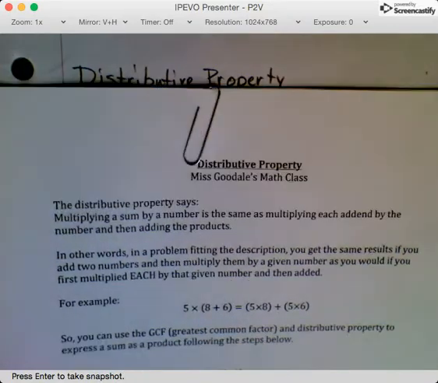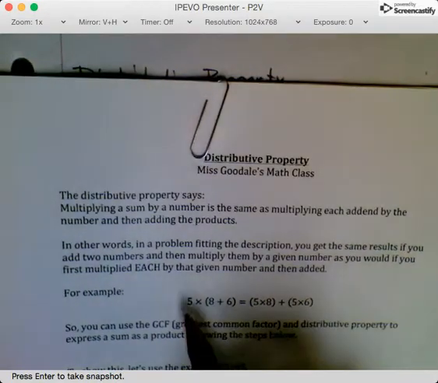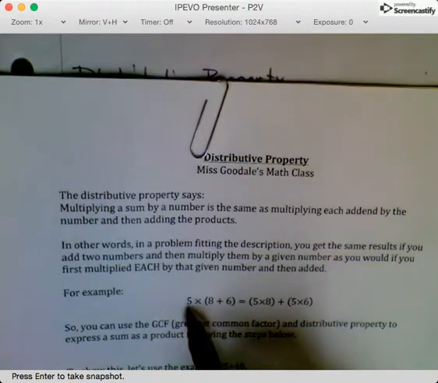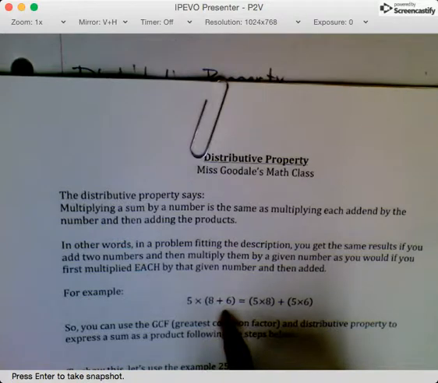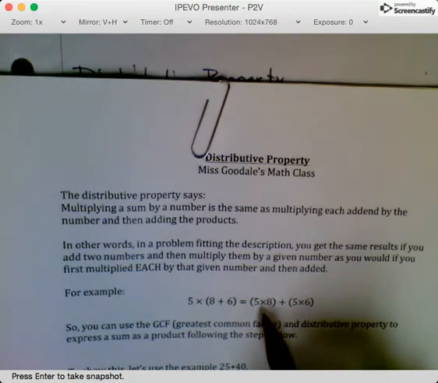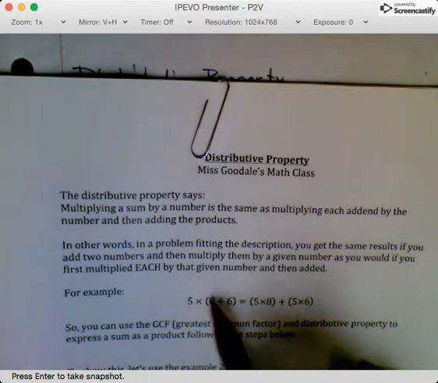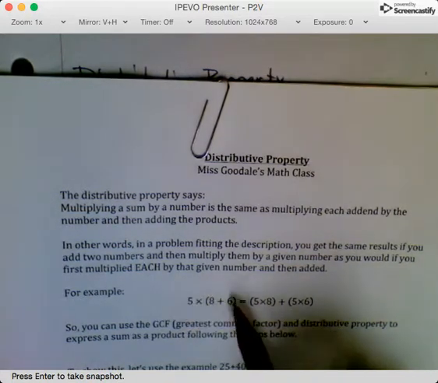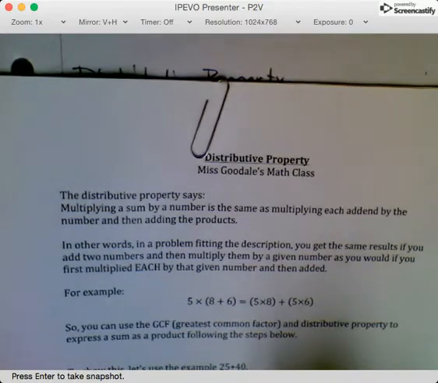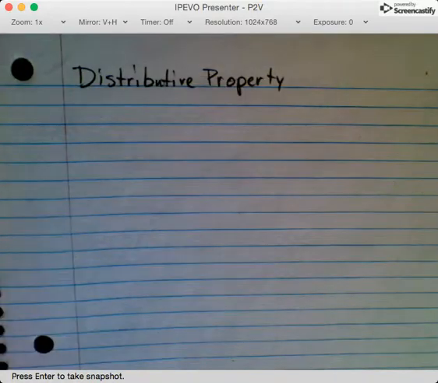and then add it. So, for example, in this problem here, if I multiplied my 5 times this addition problem in parentheses, I would get the same result as if I did 5 times my 8 and 5 times my 6 and then added. Okay, so let me show you an example of that